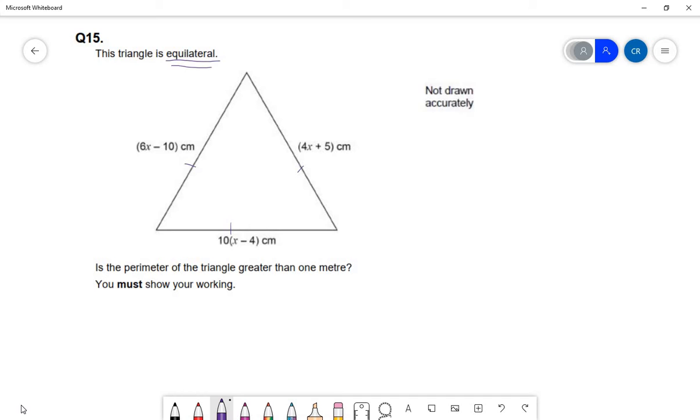It's worth 5 marks. So we're going to start with this statement, it's equilateral, and write something down based on that. So even if you weren't sure where to start, just find something you understand and try and work from there. Okay, so equilateral means all 3 of these sides are equal, but we don't normally solve like a